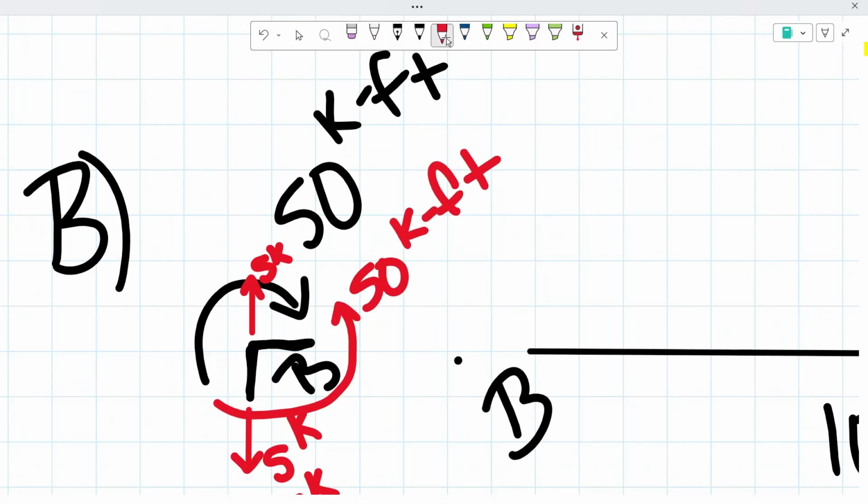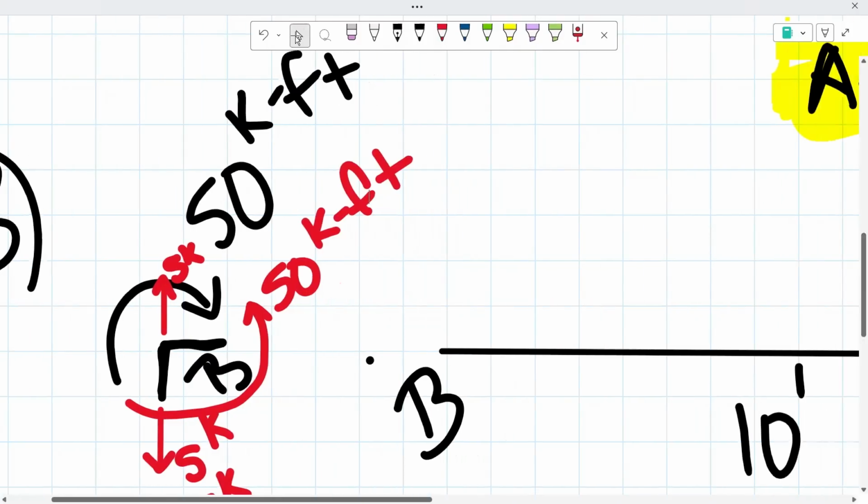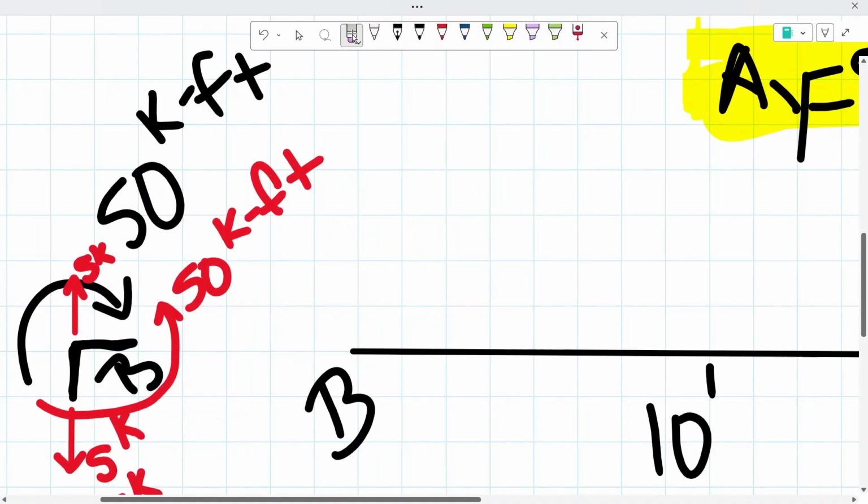And now with that, all of our forces are balanced out. So now we proceed to beam BC. As you can see, we drew a counterclockwise moment on the corner of B. So that means we have a clockwise, sorry, no, this was counterclockwise. So that's why we drew a